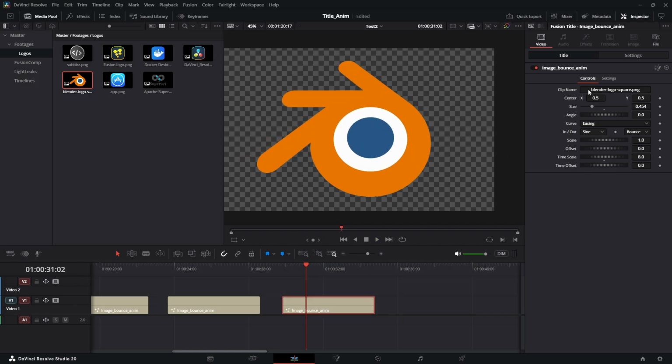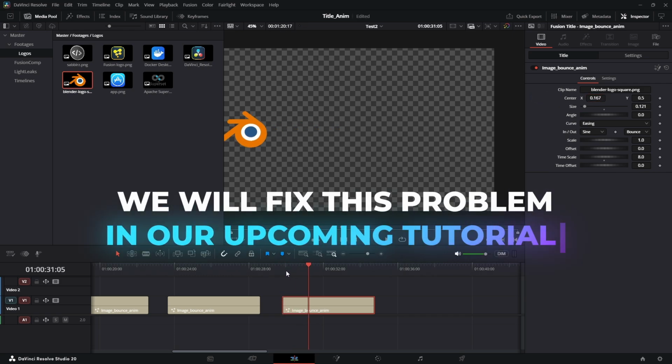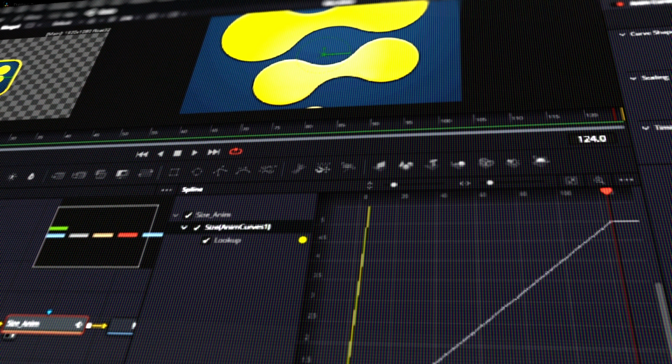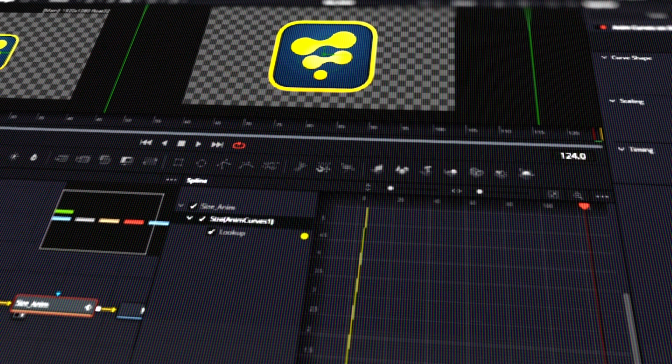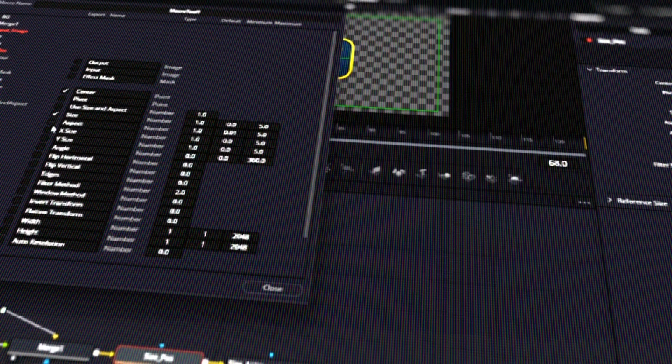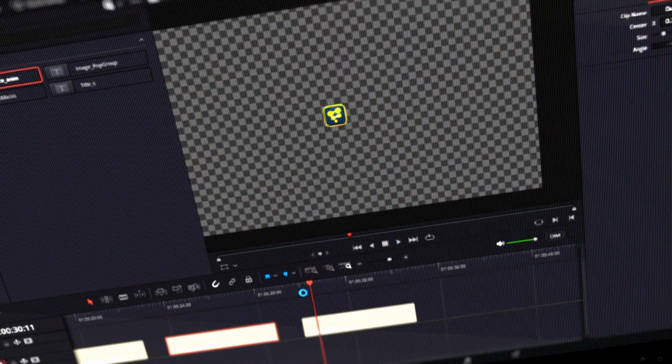However, there is one small issue. If you change the image's position, you will notice it no longer scales from the center. It gives us a broken animation. We're going to fix that exact same problem in our next tutorial. So in today's tutorial, you learned how to create keyframeless animation, how to expose specific settings to the edit page, and how to build custom templates in DaVinci Resolve